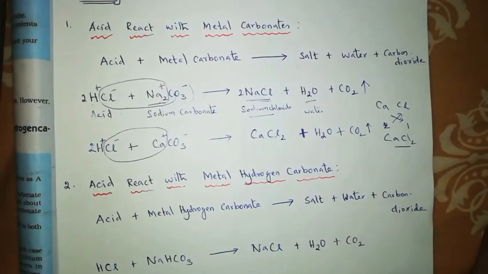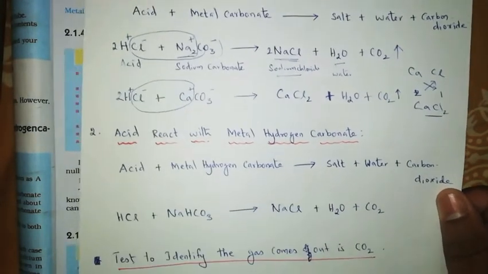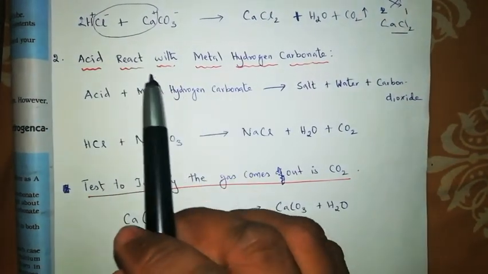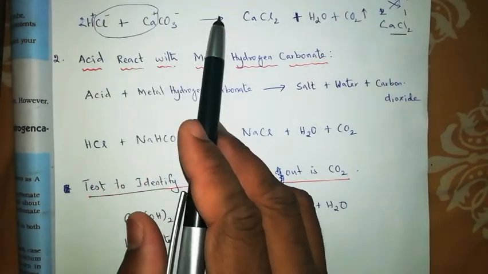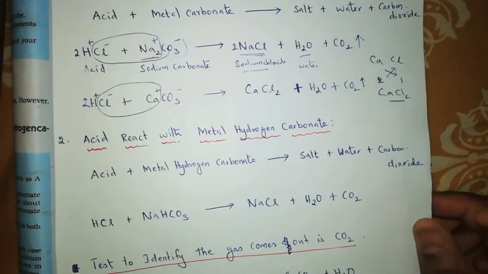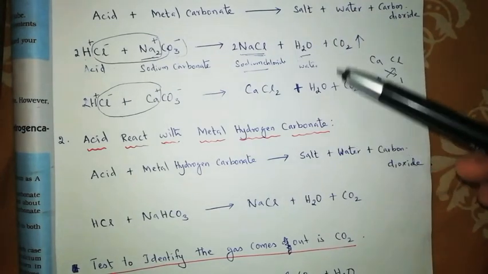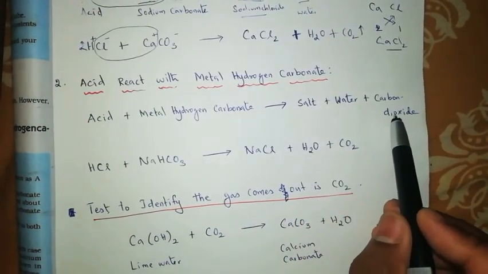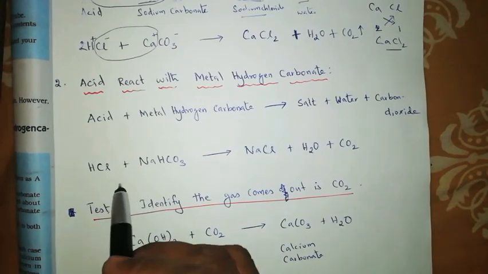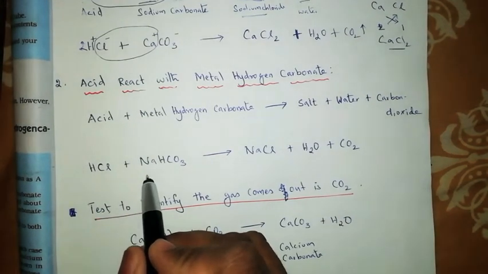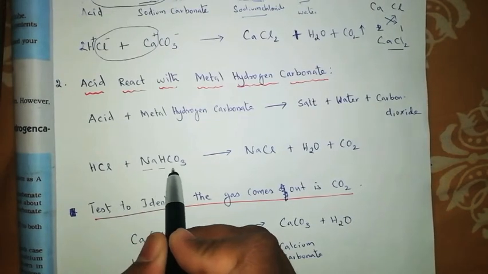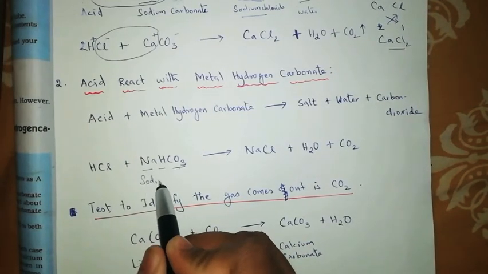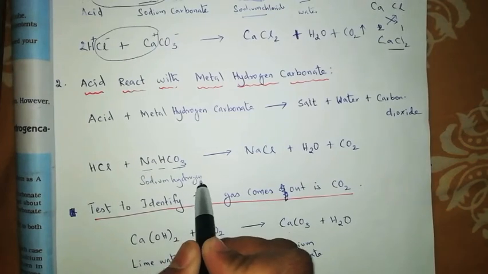and carbon dioxide. Okay, what happens when an acid reacts with a metal hydrogen carbonate? Let's see that also. In both cases, whether an acid reacts with a metal carbonate or with a metal hydrogen carbonate, you can find the same type of products: salt, water, and carbon dioxide. The same example I can write: hydrochloric acid reacts with sodium hydrogen carbonate, a metal hydrogen carbonate. Clear now? Okay, we write the name sodium hydrogen carbonate,